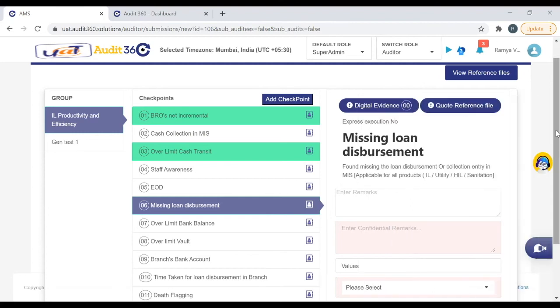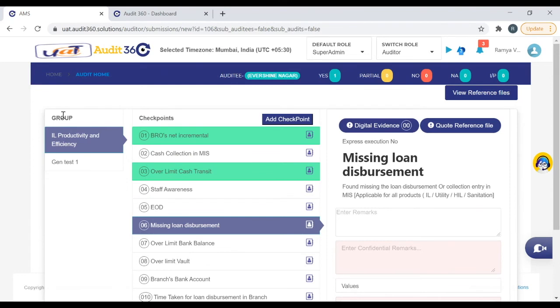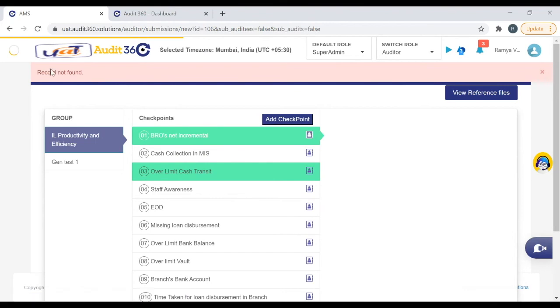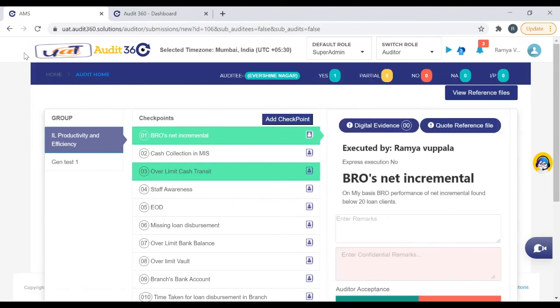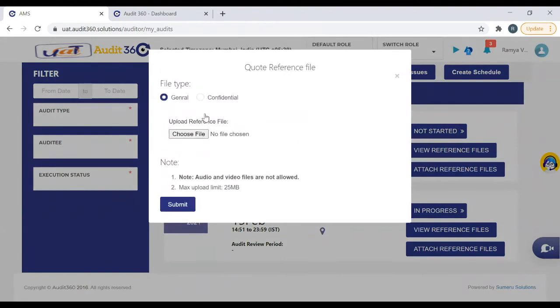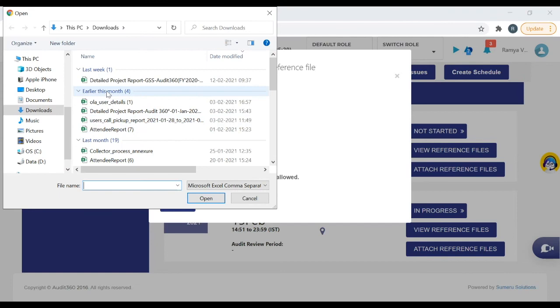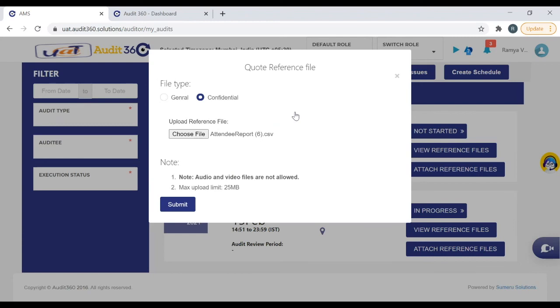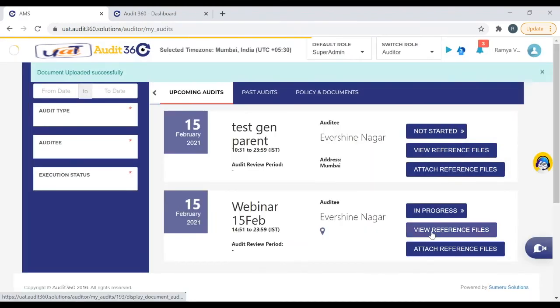Even during the audit, for example, you are in the process of an audit, but you get one more document which was shared and you would want to attach it. You can always come back to the upcoming audit and attach one more document if required. I'm choosing a confidential document here. I want to mention it, so I can view the reference file.